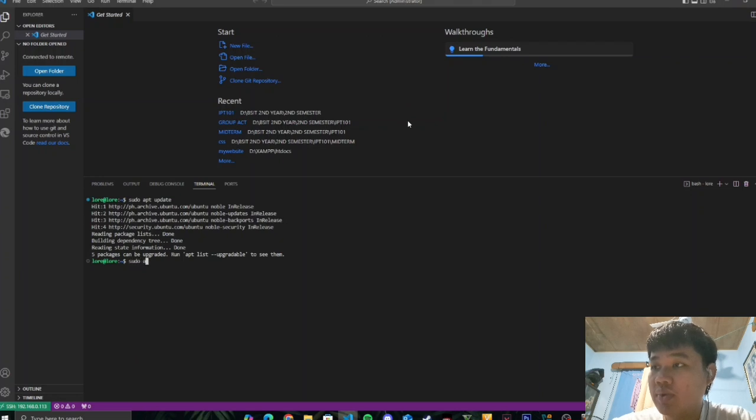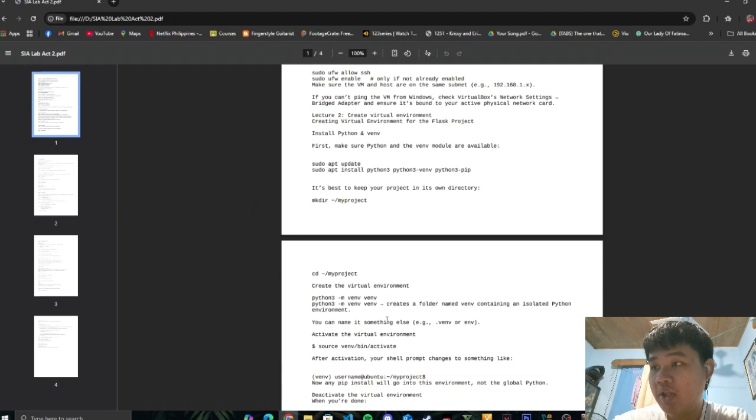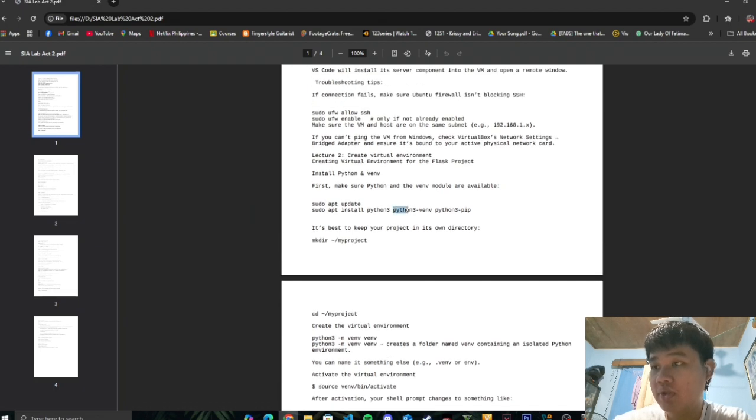Since our VS Code is connected to our Ubuntu server, we just have to update again by typing sudo apt update.